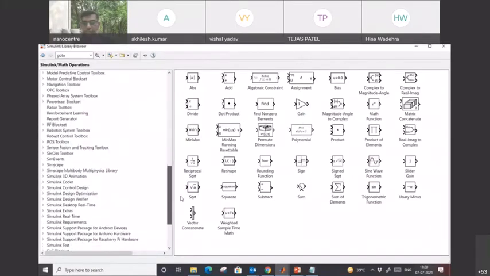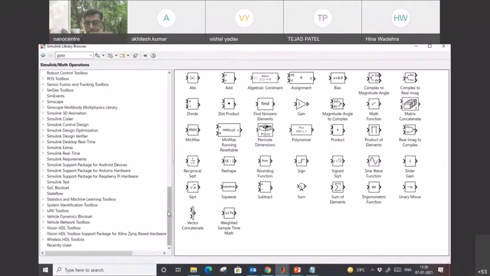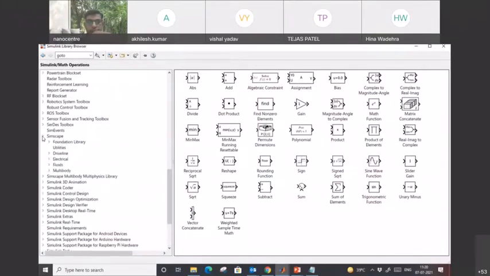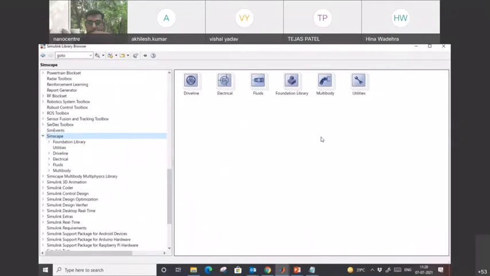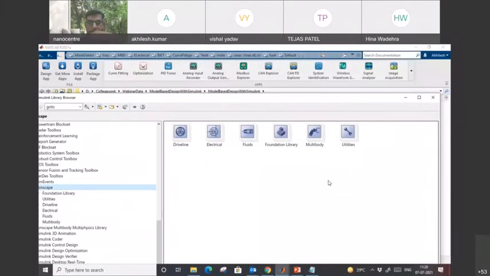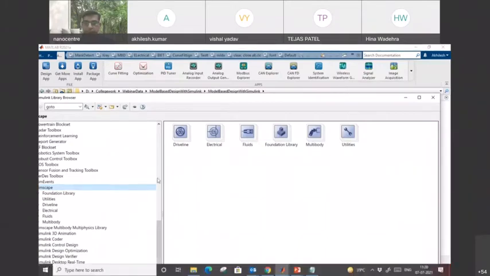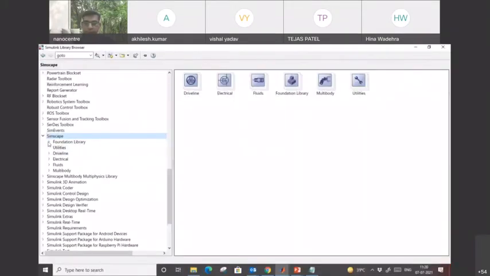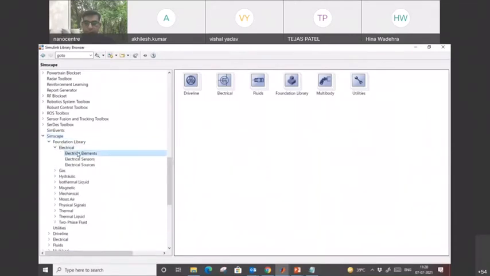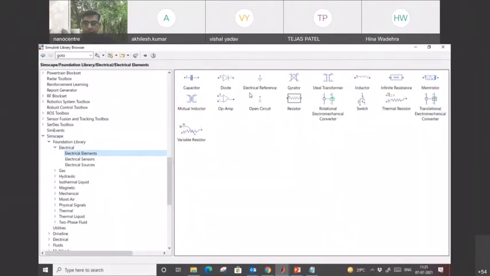Okay. Second, let's say that I want to use physical components to design my system. For example, if I click on Simscape, you see what kind of libraries are available there: Driveline, mechanical, electrical, fluids, Foundation library, 3D, mechatronics, right? If I explore more, from here if I click on electrical, you see these physical components are available.